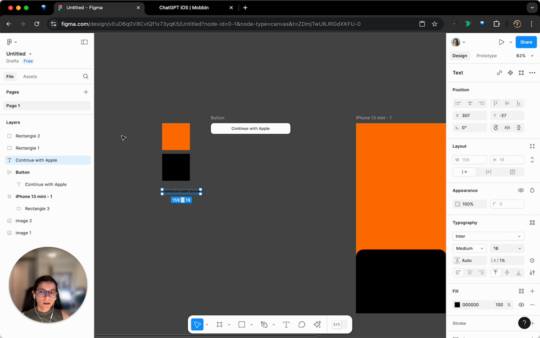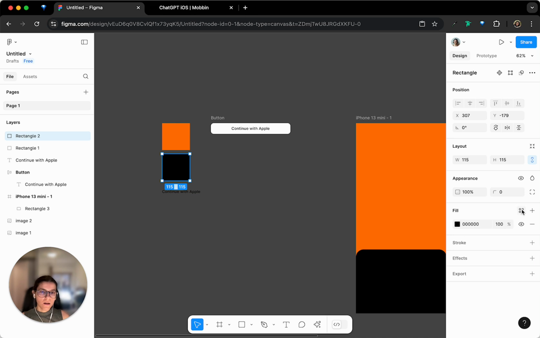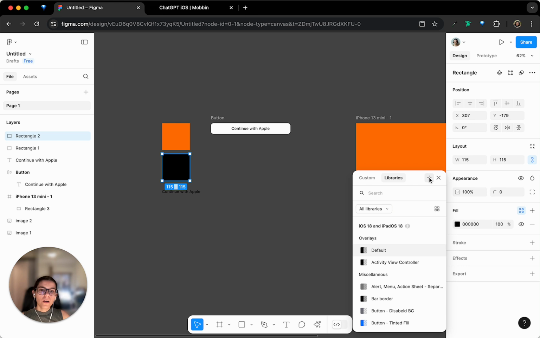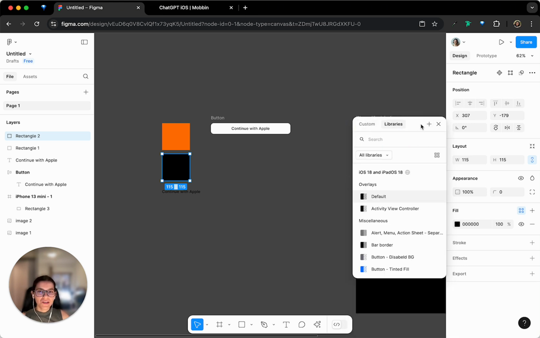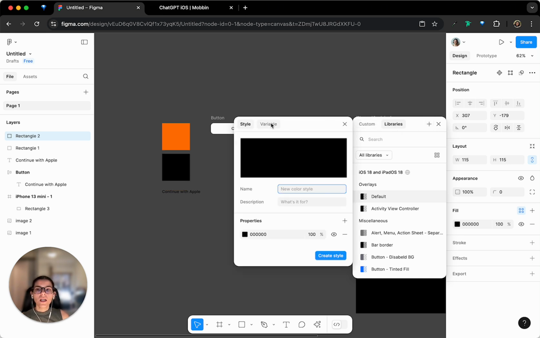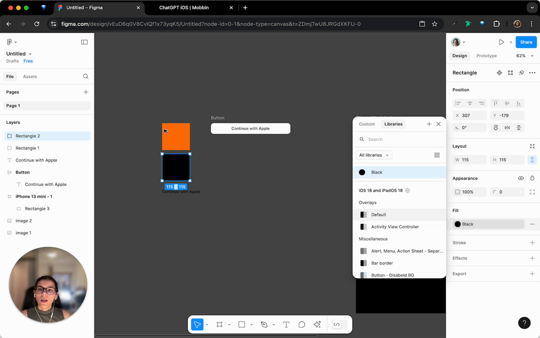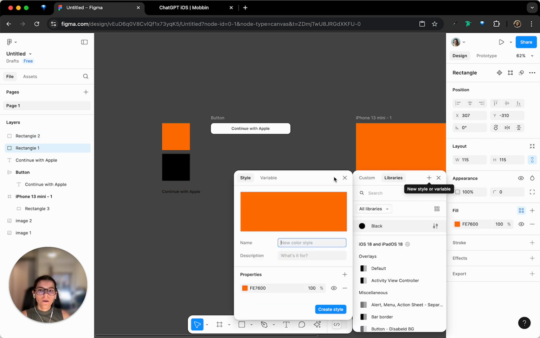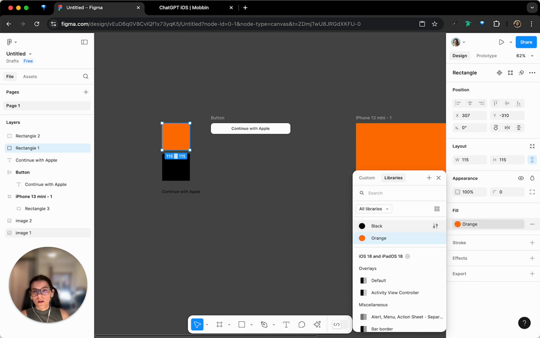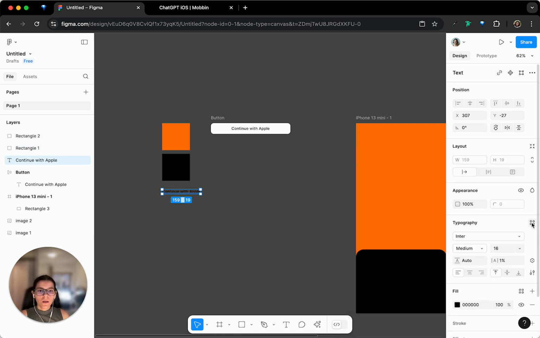I know already that I have this color, so by coming here, I'm gonna be applying styles and variables. I'm gonna be going to custom, just stay in library, and go to new style or variable and make this style. So I'm gonna call it black. And for this one, I'm gonna do the same, new style, orange. And this one here, I'm gonna be calling it